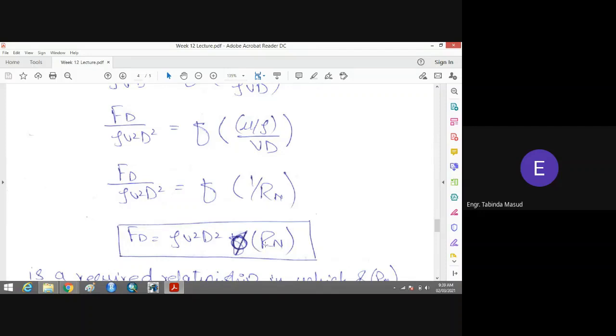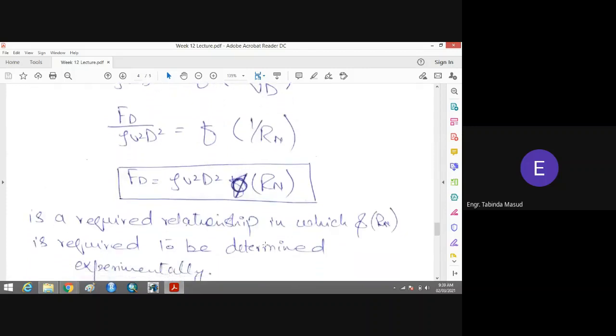So again, you can see that we have developed an expression with the help of the analysis in which the term, function of Reynolds number, is required to be determined experimentally. So in the end of the analysis, you have to perform experiments for further investigation and finalizing the shape of your formula. In this case, you can see that there is no constant term. We had introduced a constant term k in the case of Rayleigh's procedure, but here we do not have any constant term. But it doesn't make any difference, because while performing an experiment, if you get any constant term, you can introduce it in your formula.